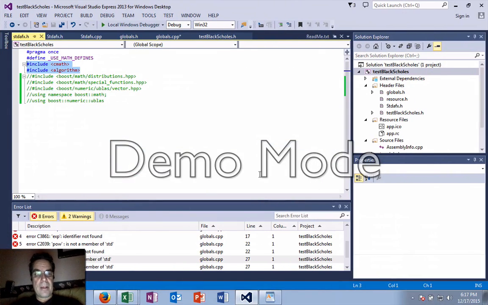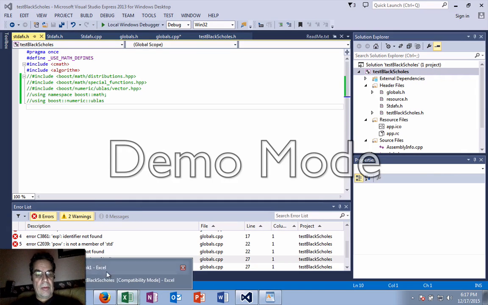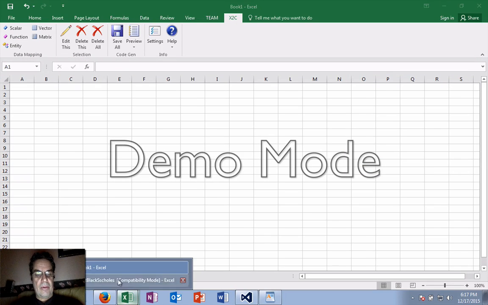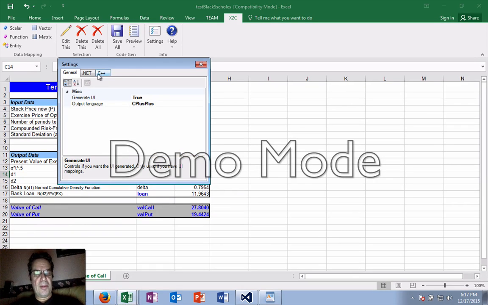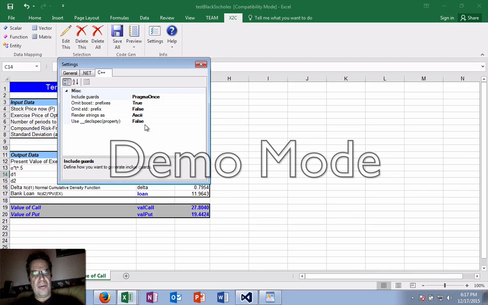So again, what are those changes? Where's my Excel? Here it is. No, we don't want that one. We want this one. Okay, so in the settings, under C++, there's an option here to remove or not include the const tags, the constants, as well as,